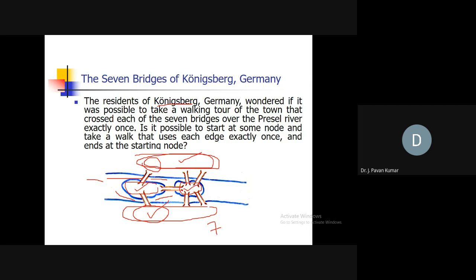Edges in the sense, if we have connectivity, you consider this as vertex A, this is B, this is C, this is D. Now A to B there is a bridge, so we will connect A to B, we will have an edge. Next, from B we have connectivity to D. From A to C we have, from C to D we have. Next, from B to C we have. As of our understanding, this is the graph that we can obtain.